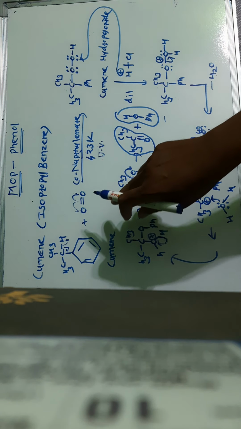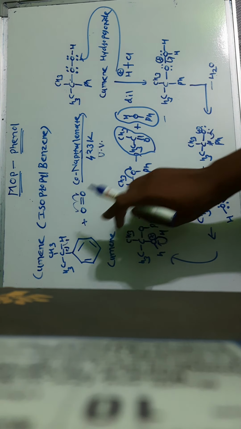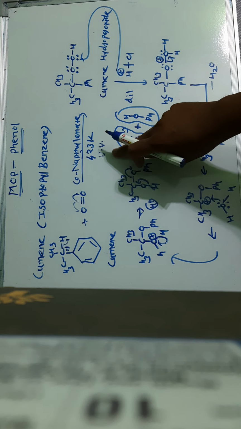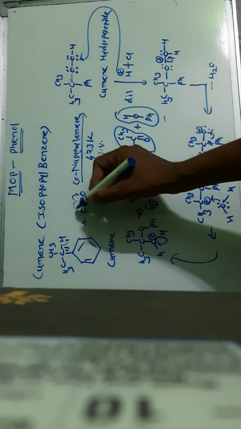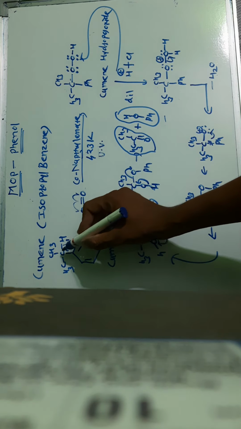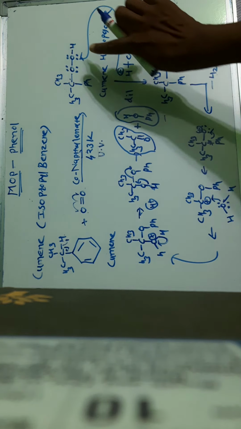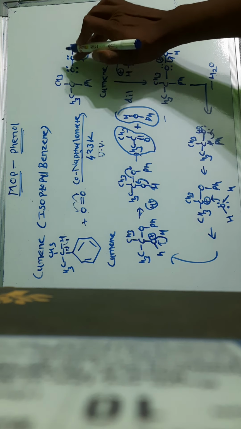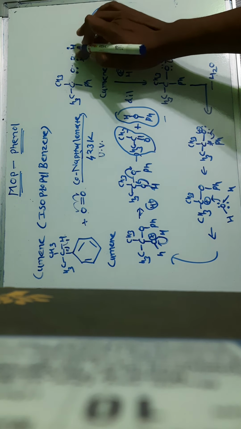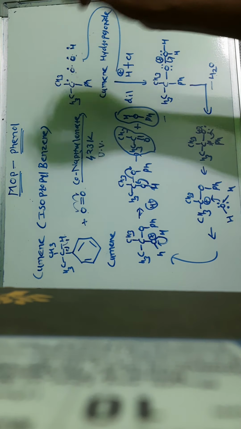Okay, once again see how this mechanism takes place. First, this cumene reacts with the O2 gas, that is the air, in the presence of ultraviolet radiation. The pi bond breaks in such a way that one electron goes to this oxygen atom, one electron goes to this oxygen atom. This C-H bond also breaks in a symmetrical way. This hydrogen acquires a single electron, this carbon acquires a single electron in this way. Okay, see here. This hydrogen has a single electron, this oxygen has a single electron, this oxygen has a single electron, and this carbon has a single electron.